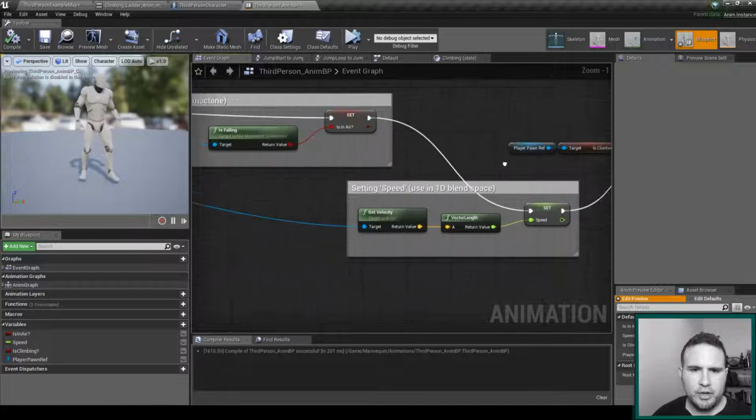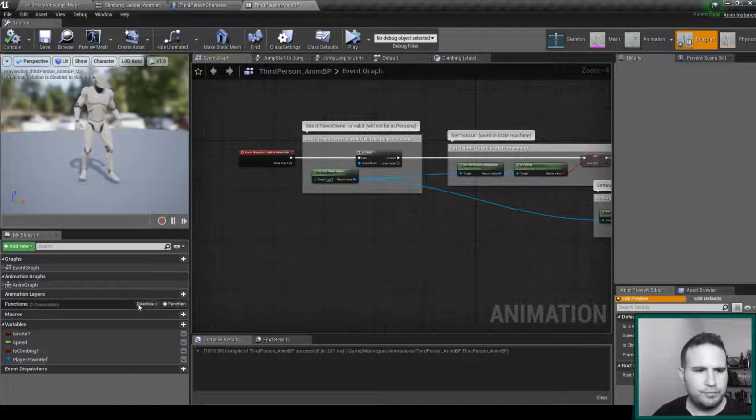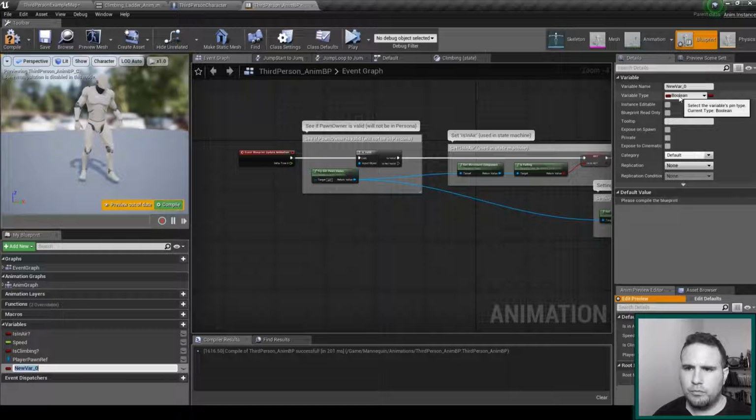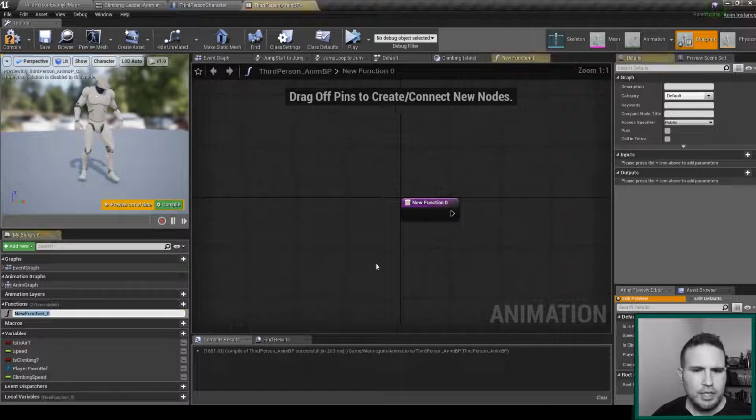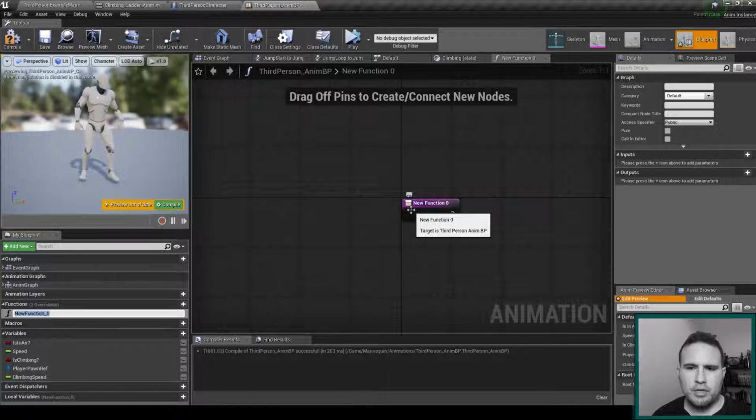Let's go back to our event graph, and I want to create a new function and a new variable. So let's start with the variable. We're going to hit a new variable here. We'll go to float, and we're going to add a climbing speed variable. Okay, and next thing, we're going to add a new function, and this function is going to calculate and normalize the speed of the climbing from the speed that we are plugging in into a normalized value between 0 and 1. So let's call this function